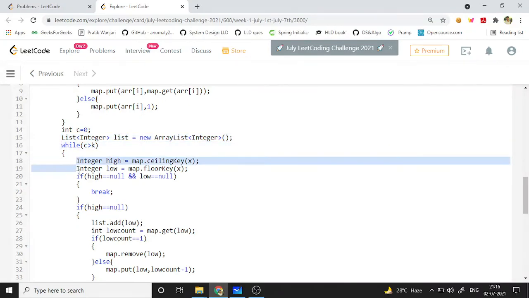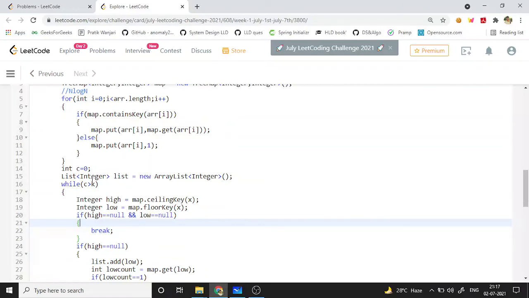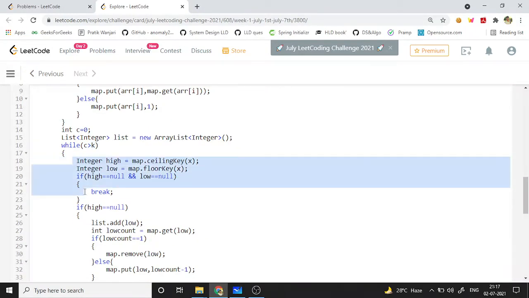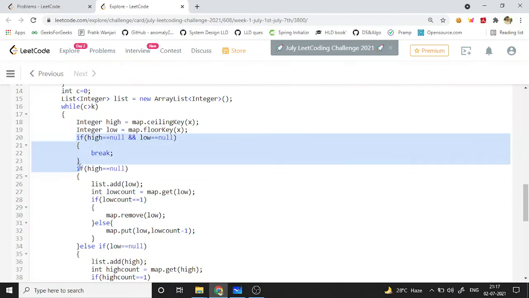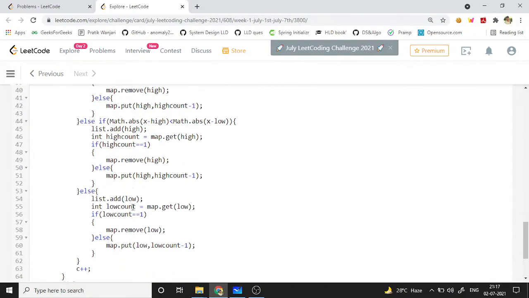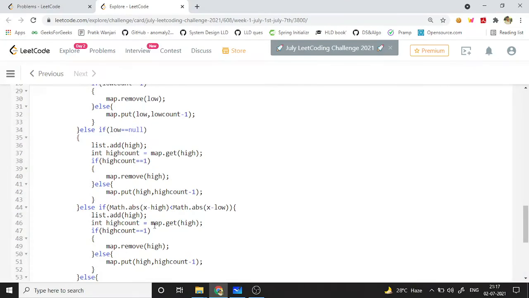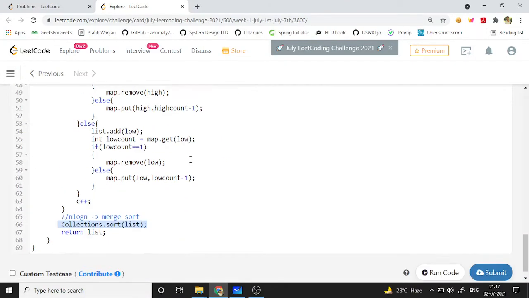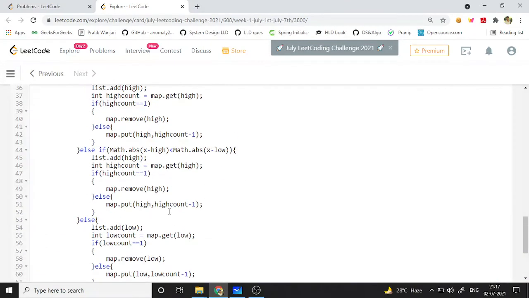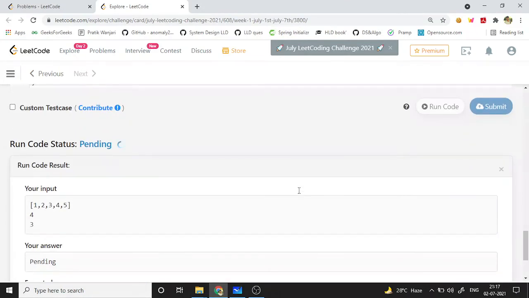We are doing all this until we have k elements in our answer, and then we handle the edge cases here. At the last, we are making the list sorted in ascending order as the problem requires it. Okay, so it looks good. We will try running it.